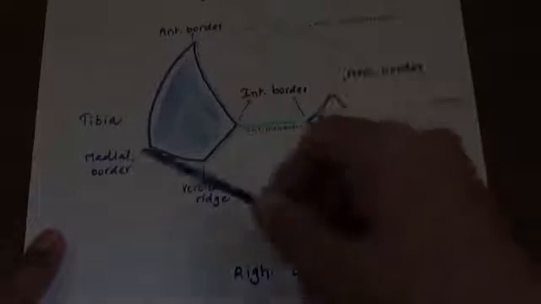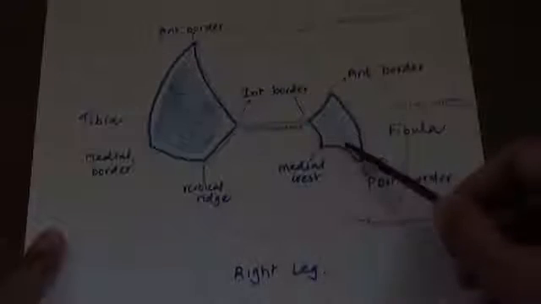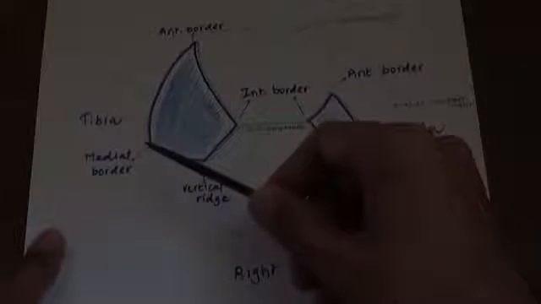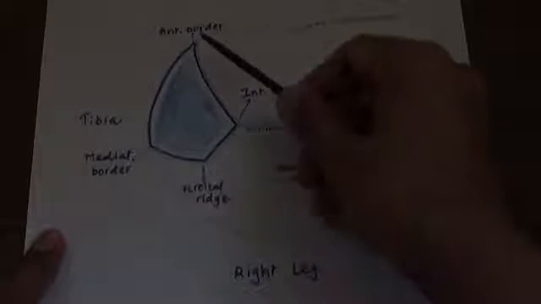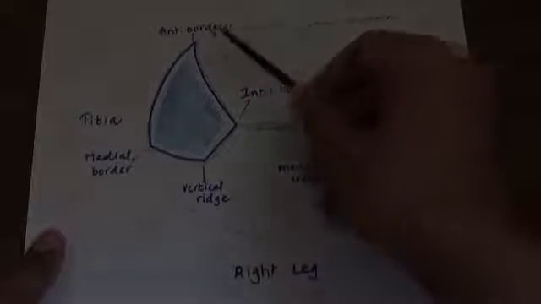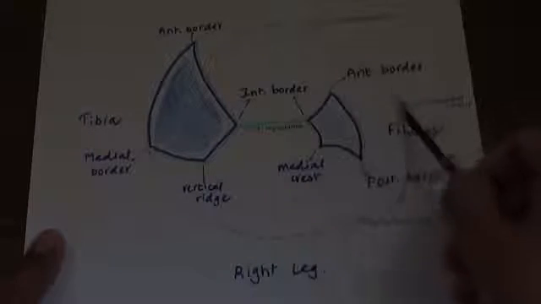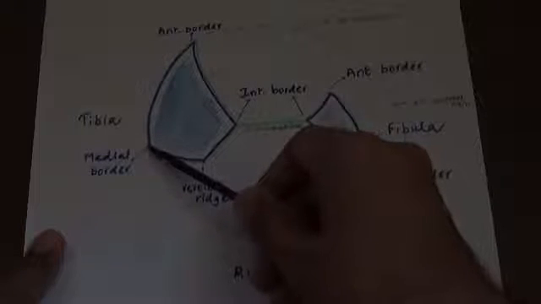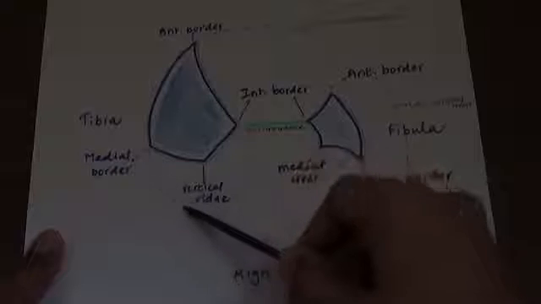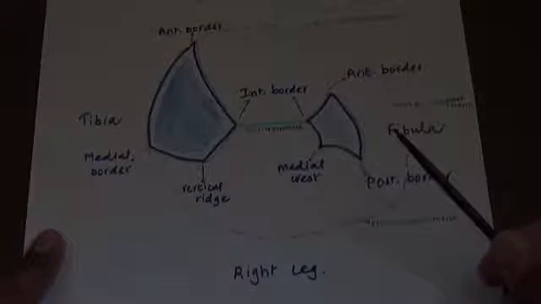Now let's see attachments on the borders. This is right leg, its cross section, and you can see over here this is tibia, fibula, anterior border of tibia, medial border and lateral or interosseous border of the tibia. The anterior border you can see over here, throughout the extent it provides attachment to deep fascia of the leg. This is deep fascia, and that is also attached to the medial border throughout its extent. So anterior and medial border throughout their extent, they provide attachment to deep fascia of leg.